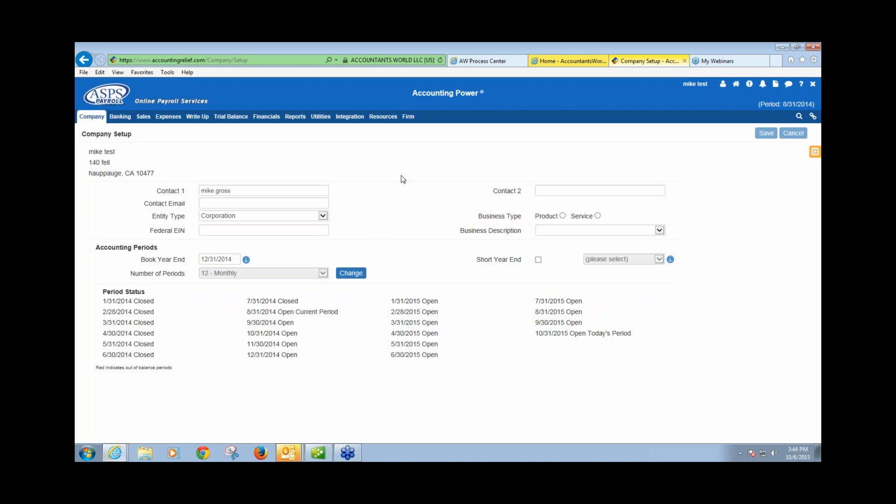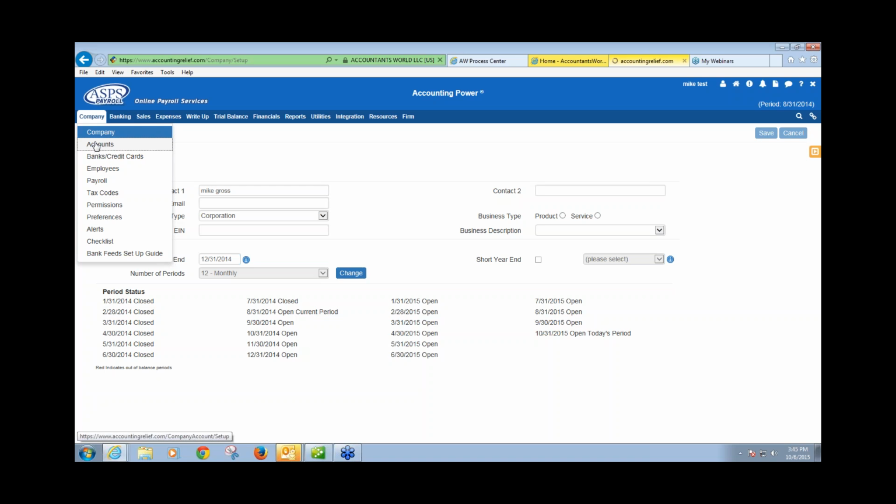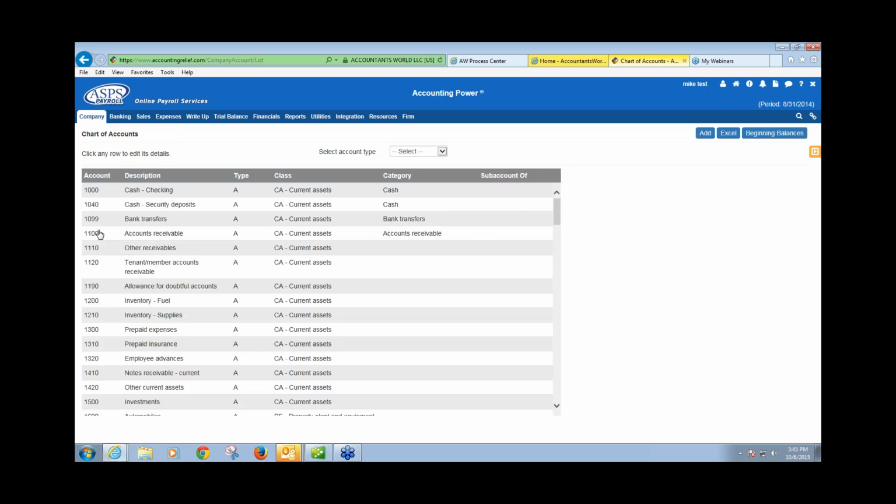Now, if you were going to start entering data from scratch, again, we have clients coming over from all different systems, even manually or Excel. You're simply going to go from the left-hand side, from company to chart of accounts, all right, to banking information, etc., and then from top to bottom, and then when you're done, from left to right. But we're here to try to save you time. So under integration, when you're done with that company and the company setup, you're now going to go into integration, and